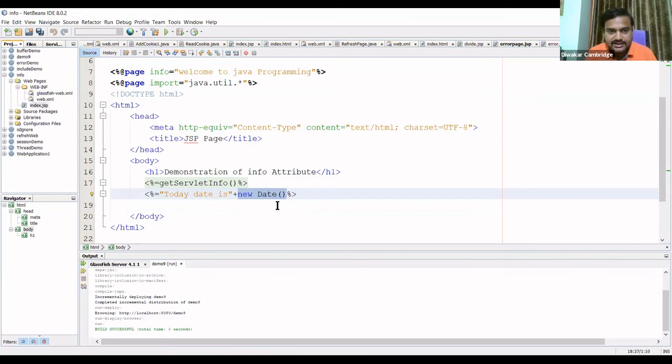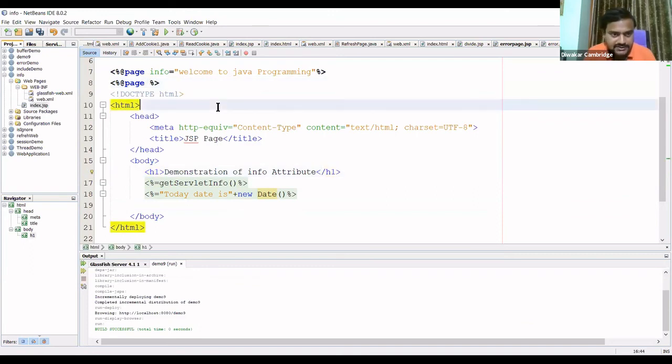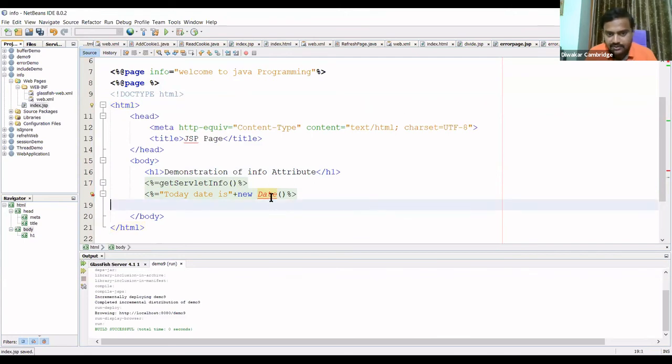Suppose you're not importing this package, what happens? I'm not importing this package, and you see what happens. Here you get this error, cannot find symbol.